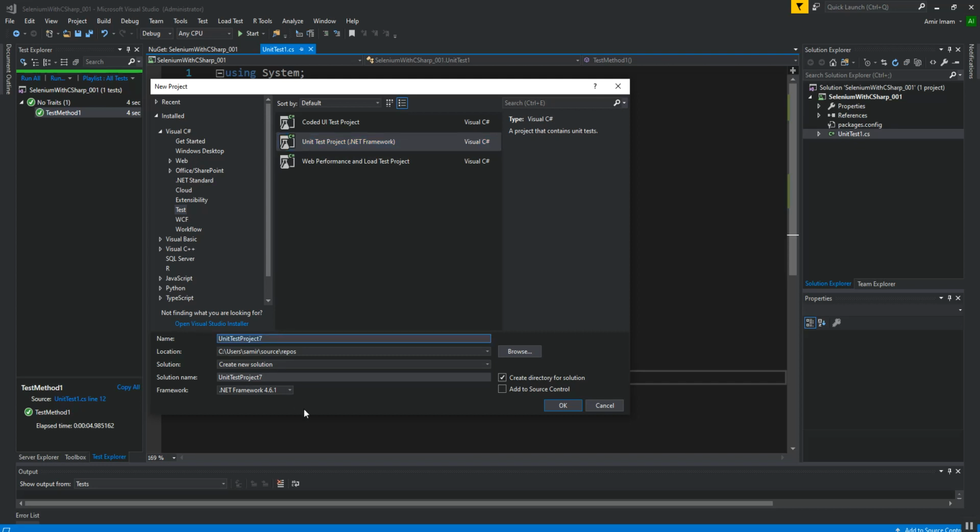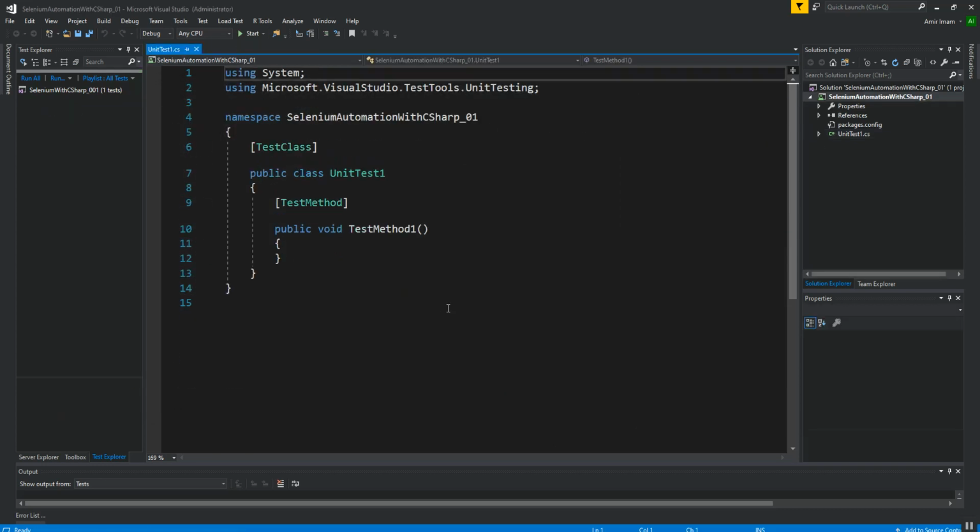Let's give it a good name for this project: Selenium automation with C Sharp _01. I am clicking OK. As you can see, a new project is created.